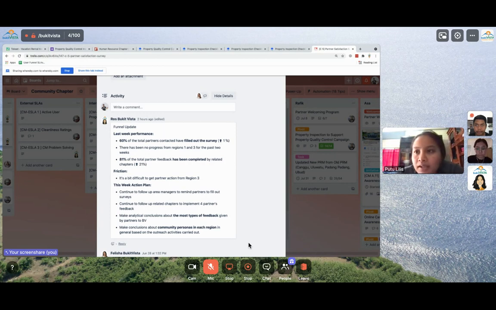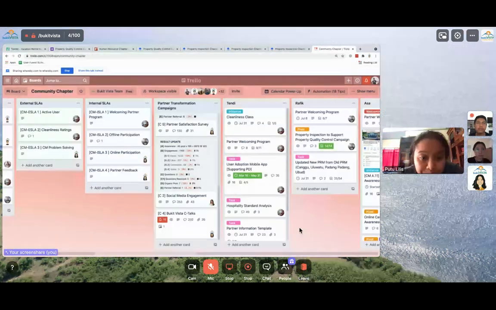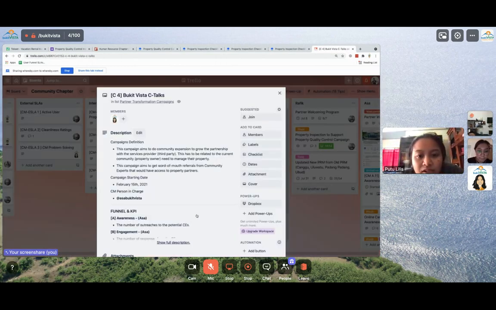And then the last campaign is about Bukit Vista Sitok. Update from Asa: in total, we've done 163 outreach in June.